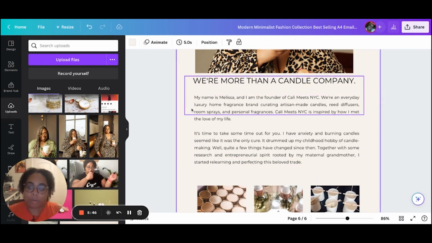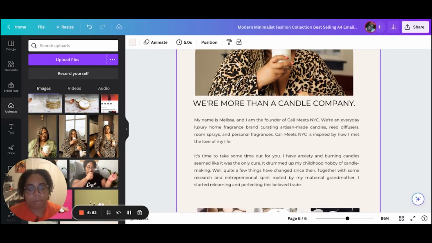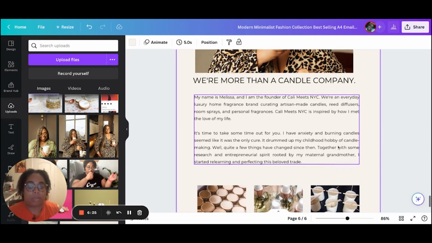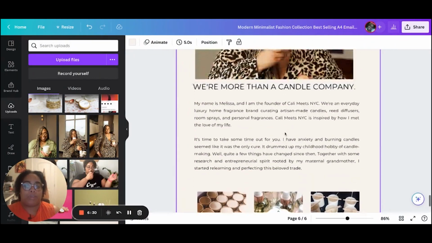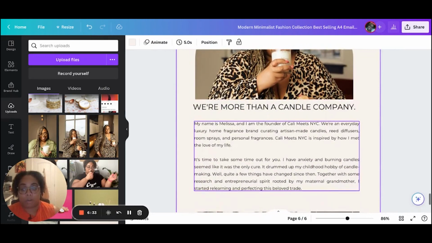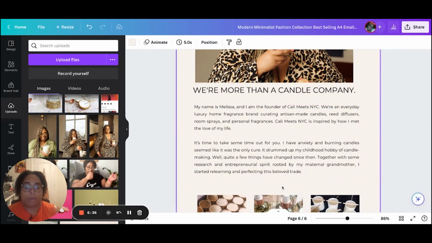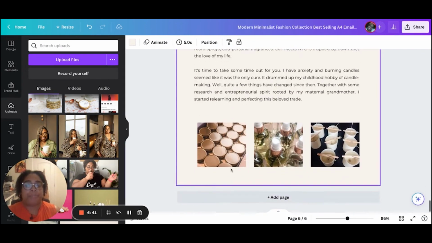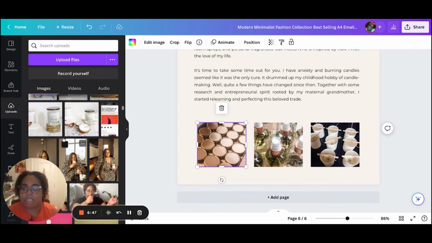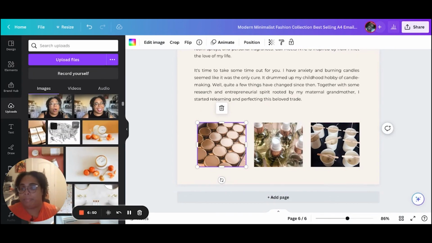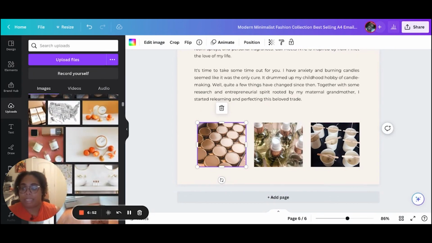Okay, so in here, I put my name because I did not have my name in here beforehand, and I say a little bit more about the story. So it goes into our story a little bit and tells you a little bit more. So what we're going to do here is this is going to be a graphic, and then we're going to have a read more that'll directly link to our about section. And then we'll insert some newer behind the scenes images. So let's go ahead and find some images, either behind the scenes or